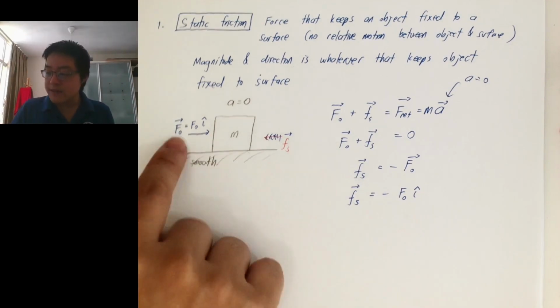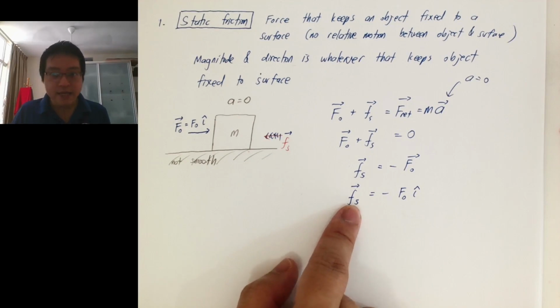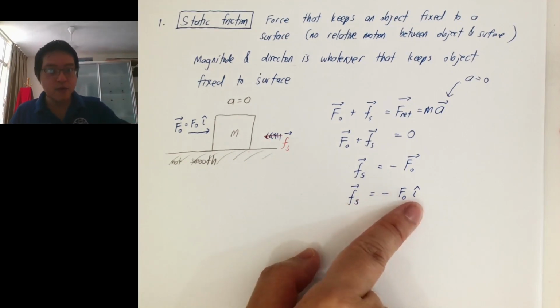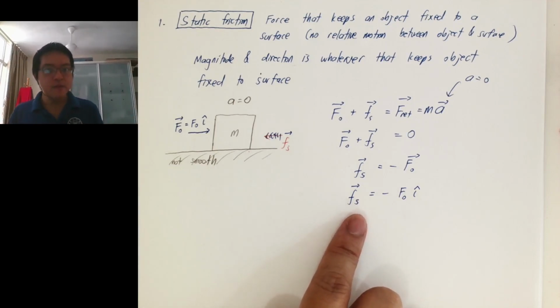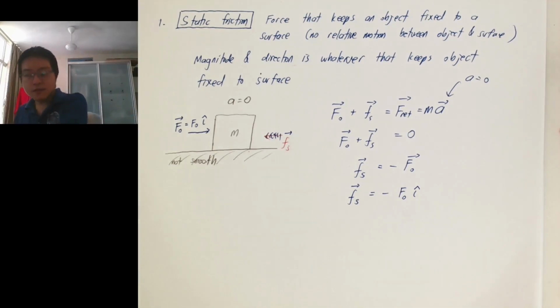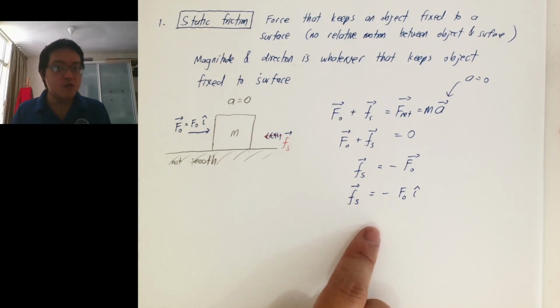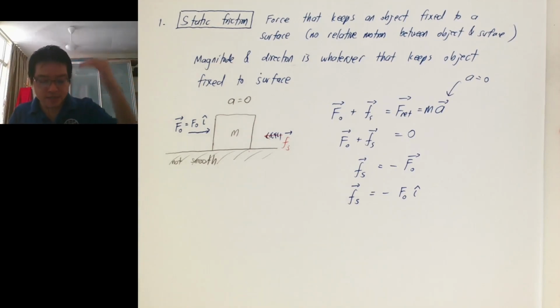notice that the magnitude of this friction is exactly the same as F0. If I push at 1 Newton, the friction is automatically 1 Newton. If I increase to 2 Newton, the friction also automatically becomes 2 Newton until it reaches a maximum. Okay, so